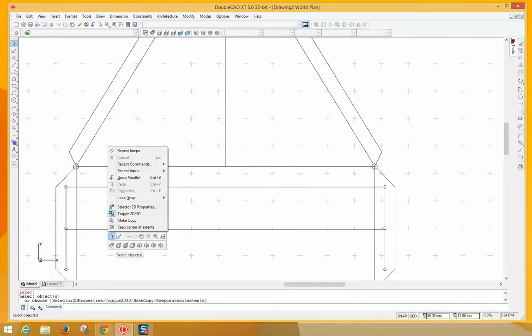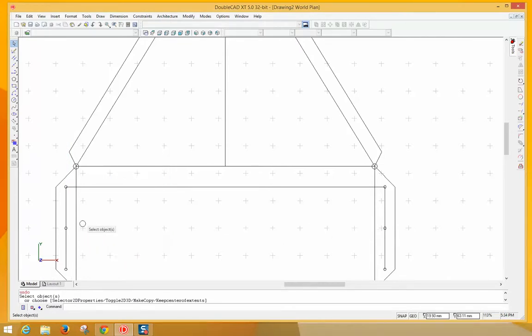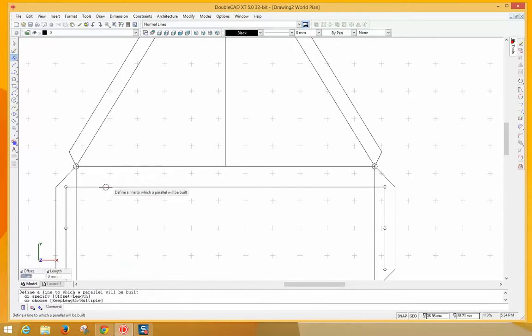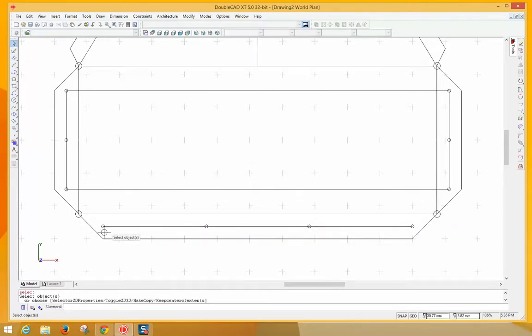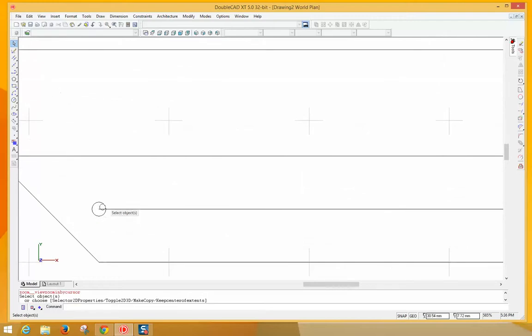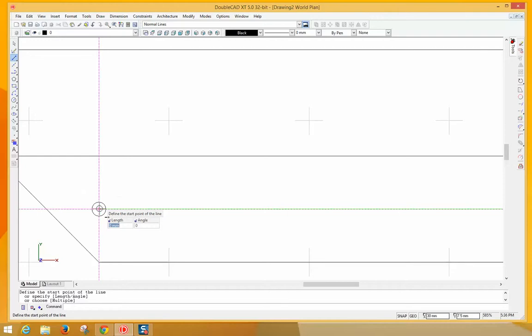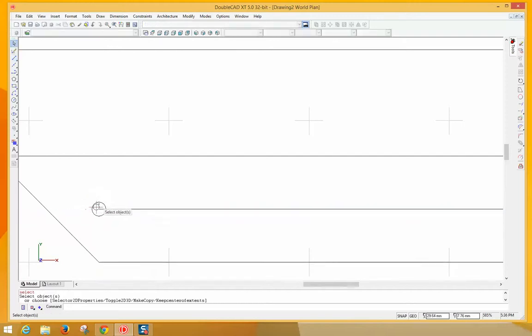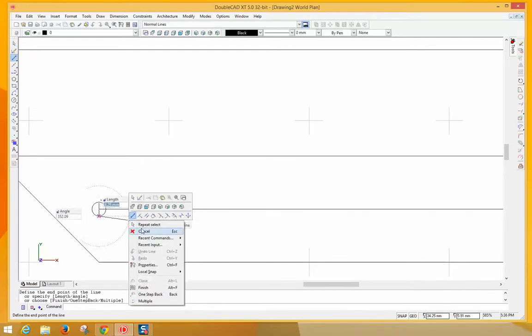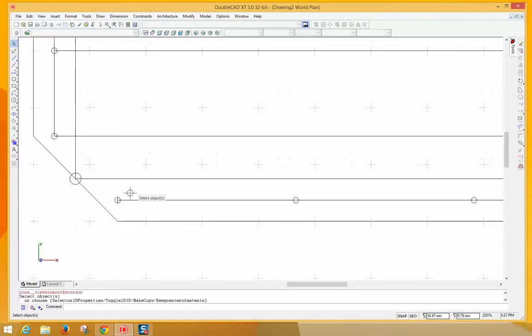Oops, missed it. Undo parallel. Redo parallel. Same thing for this one. We could do something a little bit different if you really want to be special. Let's draw a little teeny line in there in that circle. Oh, it's trying to select it. Okay. And we'll come out here,